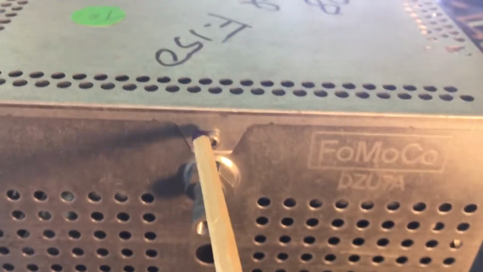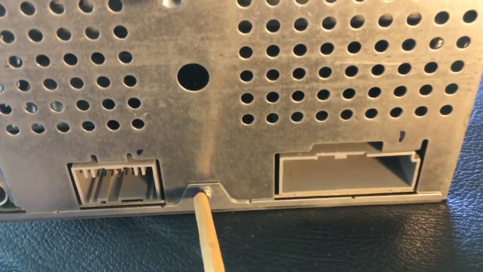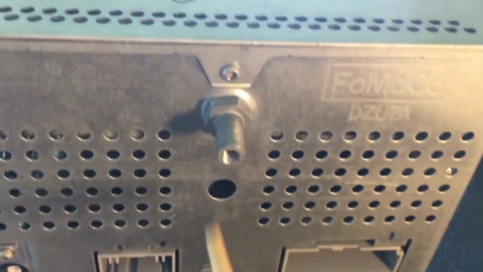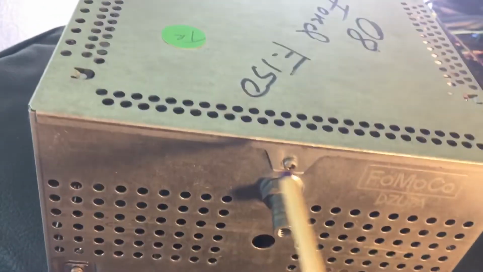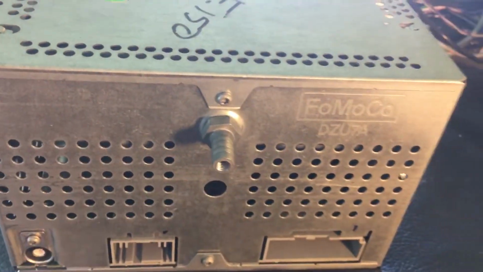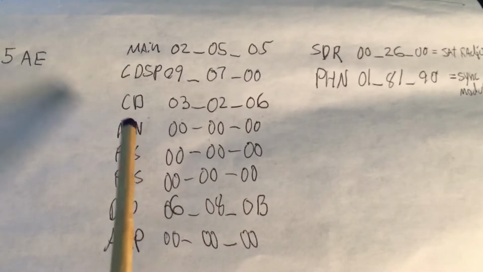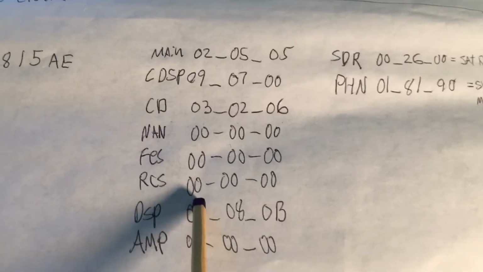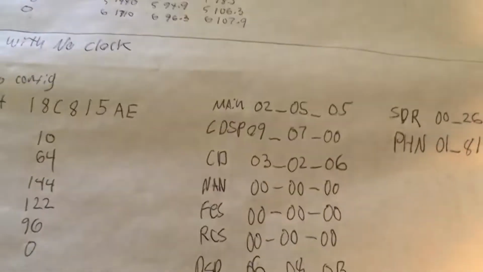This one here mounts in, the top cover is held on by a Torx, and the bottom cover is held on by a Torx. There's a few other different styles out there that it's possible that they won't interchange or won't be compatible, so you will have to do your research on this and verify that you do have the same revision numbers here in diagnostics, and you should be good to go on just changing these